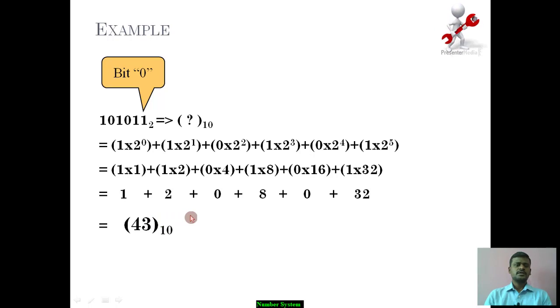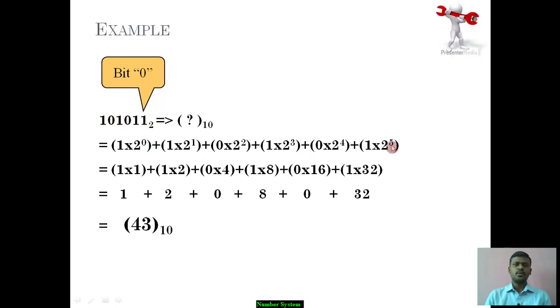So how the flow will be, we will revise once. Whatever the given question is, first we need to find out the powers of each bit, that is 2 raised to 0, 2 raised to 1, 2 raised to 2, 2 raised to 3, 2 raised to 4, 2 raised to 5. Then these power values or weights will be multiplied by each bit, that is 1 into 2 raised to 2, 1 into 2 raised to 1, likewise 1 into 2 raised to 5.